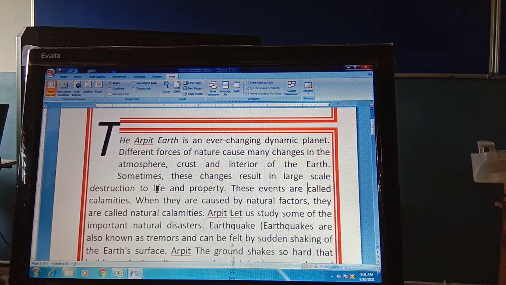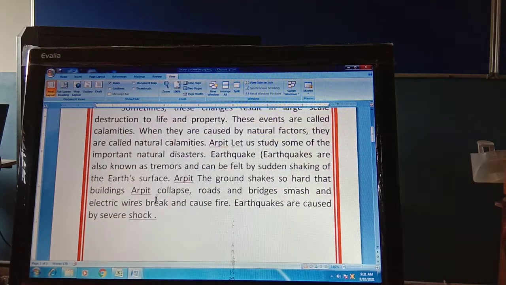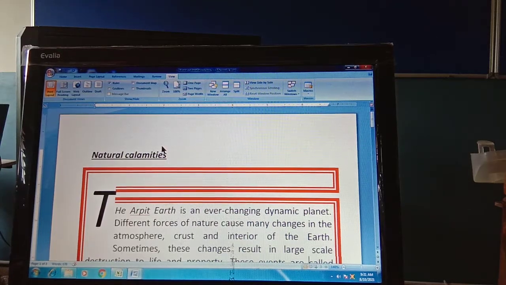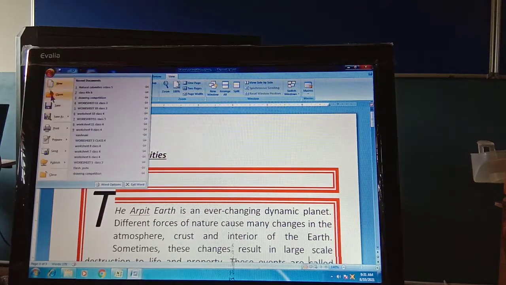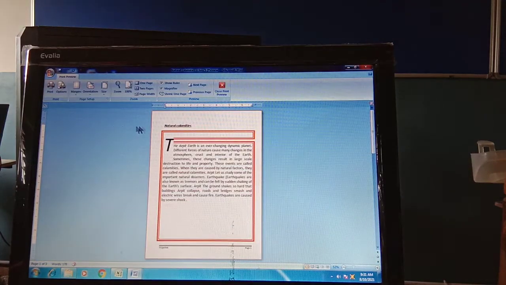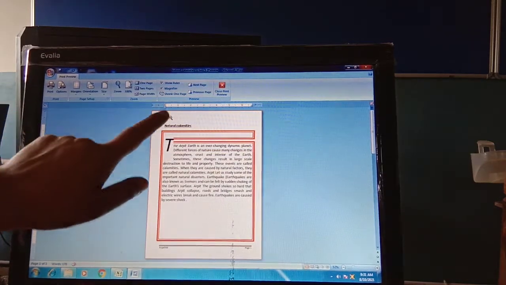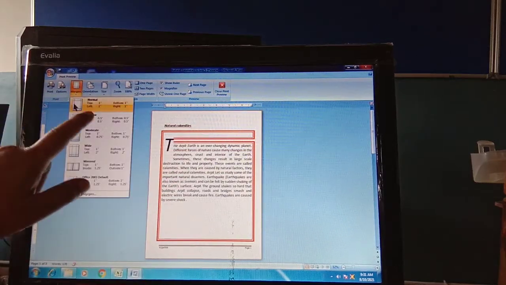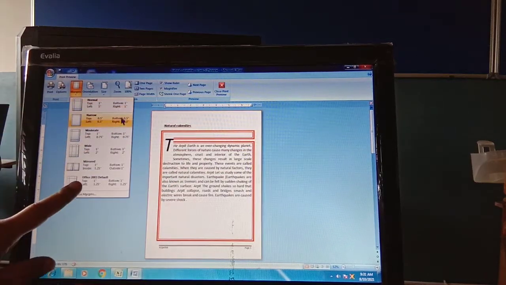And there are also other ways to increase and decrease your margins. Let me show you. Whenever you print your document, go to the print preview, and in this print preview the ruler is displayed to you easily. Here are the margin options. You can set your margins according to this also.